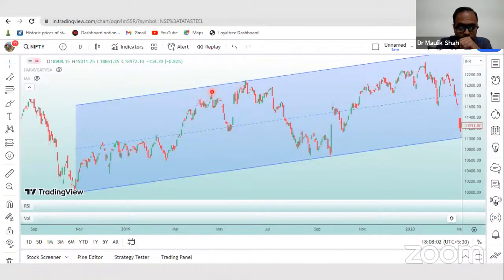So now what happened? At this particular level, again, there is a supply which has converted into demand, and it zoomed again. See, once again, when it broke, that particular area again became resistance, went down, went up,